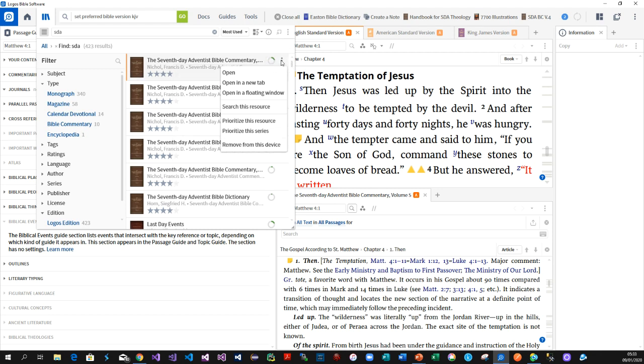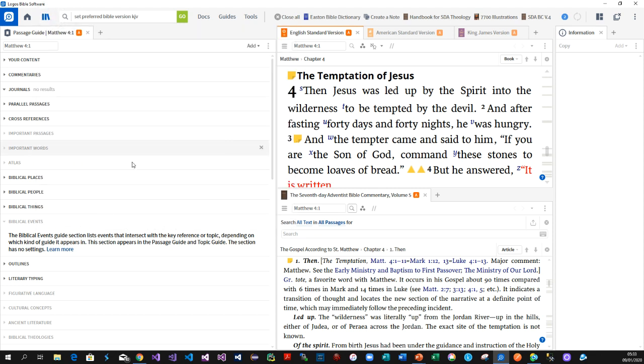And you click on the three dots on any one of them, and you could say prioritize this resource or prioritize this series. In this case, you'd want to prioritize the series because it would prioritize not only the Bible commentary but also the Bible dictionary for you. All right, so that is